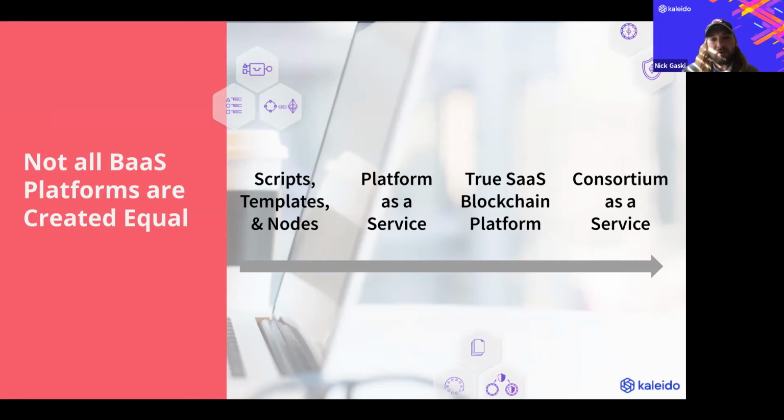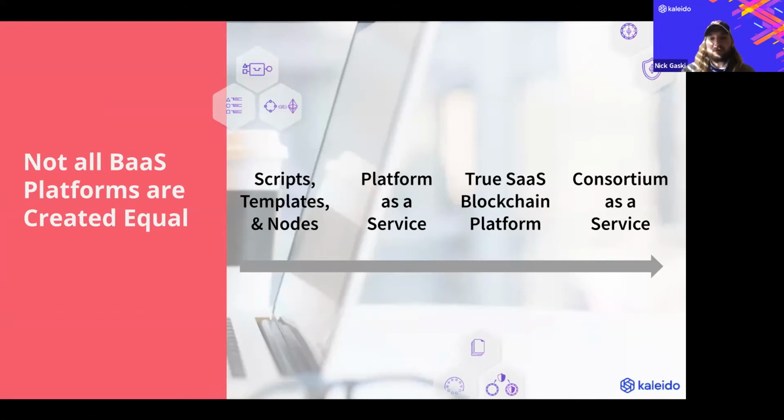Moving forward, you start seeing platform as a service and proper software as a service blockchain. But what we realize here is that you're missing a ton of critical components, either in PaaS or in the classic blockchain as a service, namely all of the ancillary services and all of the accommodations you need for what we would call a consortia, or one of these multi-party business networks. Where is your shared control plane? Where is your governance layer? Where are your SLAs? Where are your assurances of high availability, disaster recovery? Do you have all the check marks for enterprise security? Is it ISO and SOC 2 certified? Do you have best of breed key management? And the list is really, really quite exhaustive.